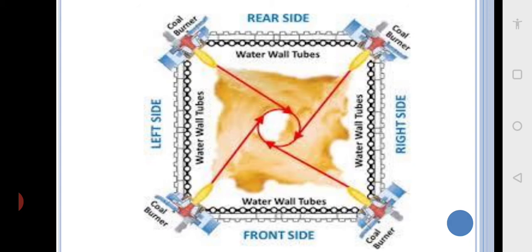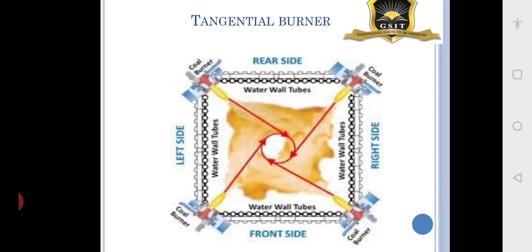You please see these boilers. You can see on all the sides of the furnace you have got water tube walls. In this boiler, the water which is heated is in the form of vertical tubes, and these tubes are throughout the wall. That is why they are known as water wall tubes. So the heat is carried away by the water, and this heat converts the water into steam. And you can see at the four corners you have got the four burners. So this is known as the tangential burner.